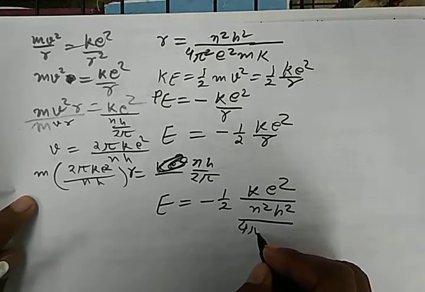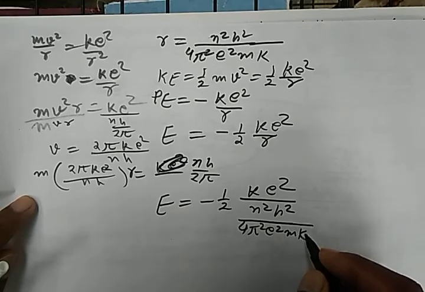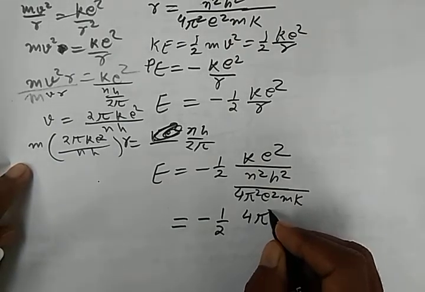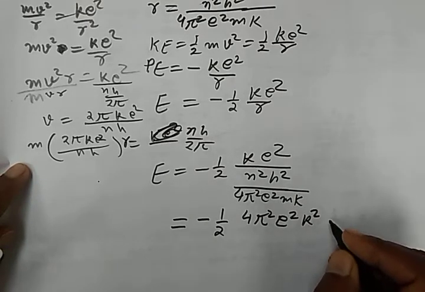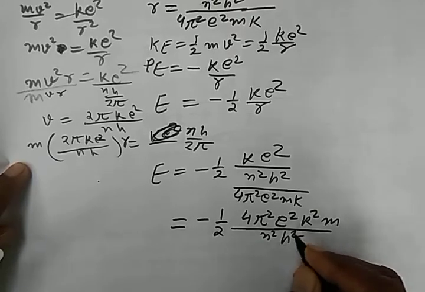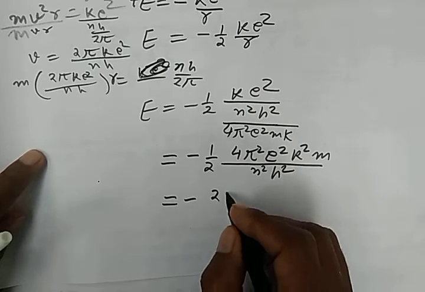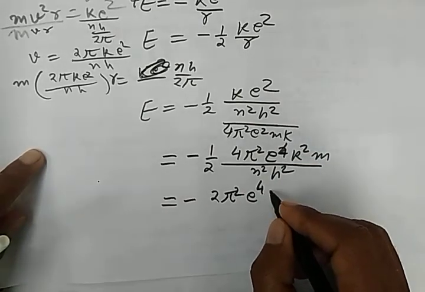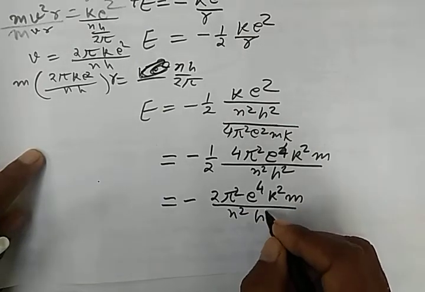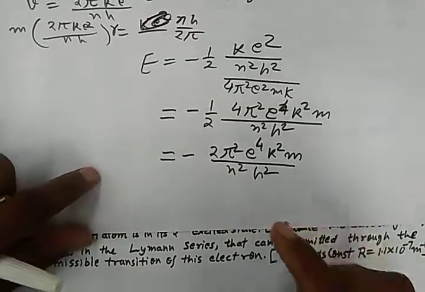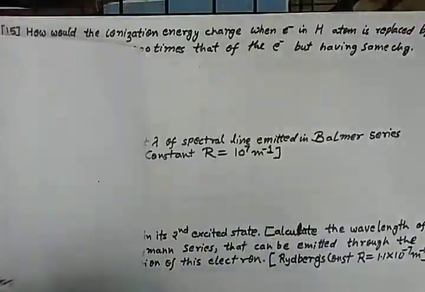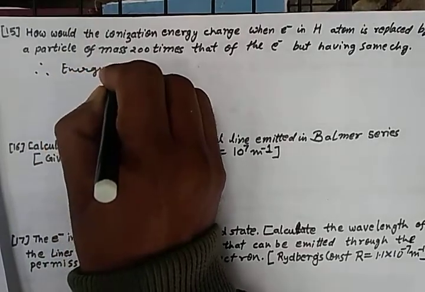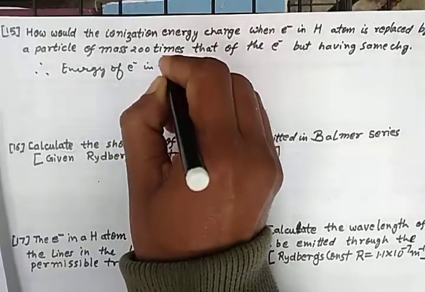So that is why it is minus 1/2 times 4π²e⁴k²m upon n²h². Cancelling, it is minus 2π²e⁴k²m upon n²h². So ultimately the thing is, in this question we can write that since the energy of electron in the nth energy level